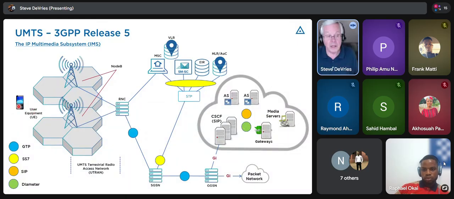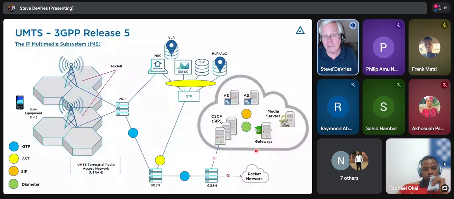So just to kind of look at everything, you had your mobile phone, you had your air interface out here, you had your radio towers, which were called Node Bs. They would connect up to a radio network controller. You would communicate with your mobile switch for circuit services, for voice calls, for short message service, for call forwarding, call waiting, those type of circuit services. If you're using your mobile for a packet network, though, or packet data, this would set up a GTP tunnel to the serving gateway, and it set up a GTP tunnel to the gateway GPRS support node, a GTP tunnel.